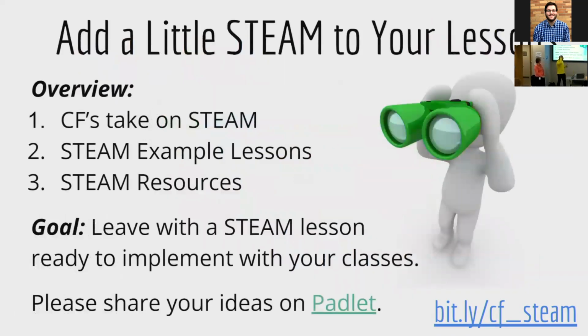So our overview. This is what we're going to talk about today. We started talking about Cuyahoga Falls' view of STEAM, but we're going to further identify it and drill down a little bit farther so you know where we're coming from and what our objectives were. We're going to give you some example lessons. We have 4 example lessons that we're going to share that can be differentiated. The ideas can be taken to any grade level. Some of them are hands-on, some of them are digital, they're cross-curricular. We tried to get a broad range of things for people, so maybe you can pull a nugget from here or a nugget from there or take the whole lesson, it doesn't matter.